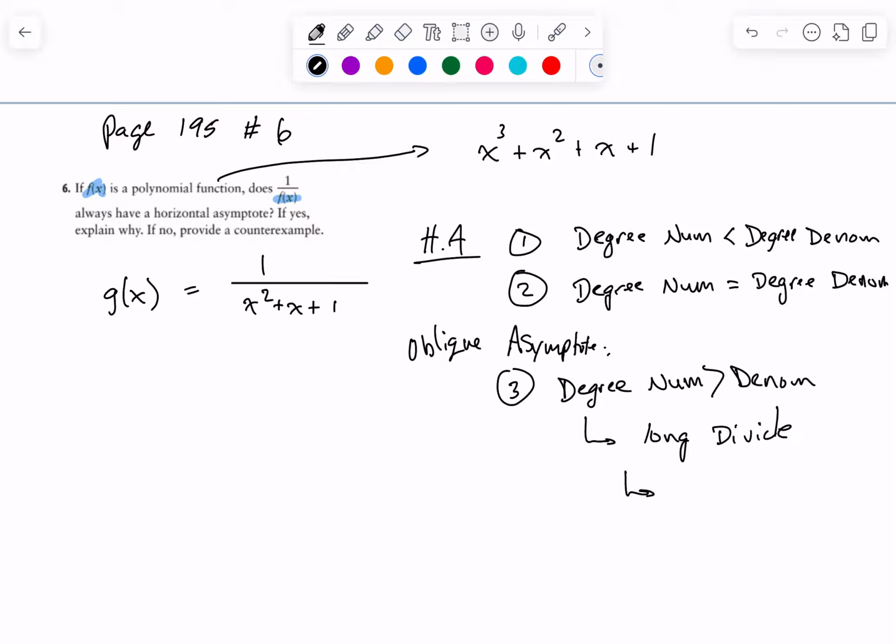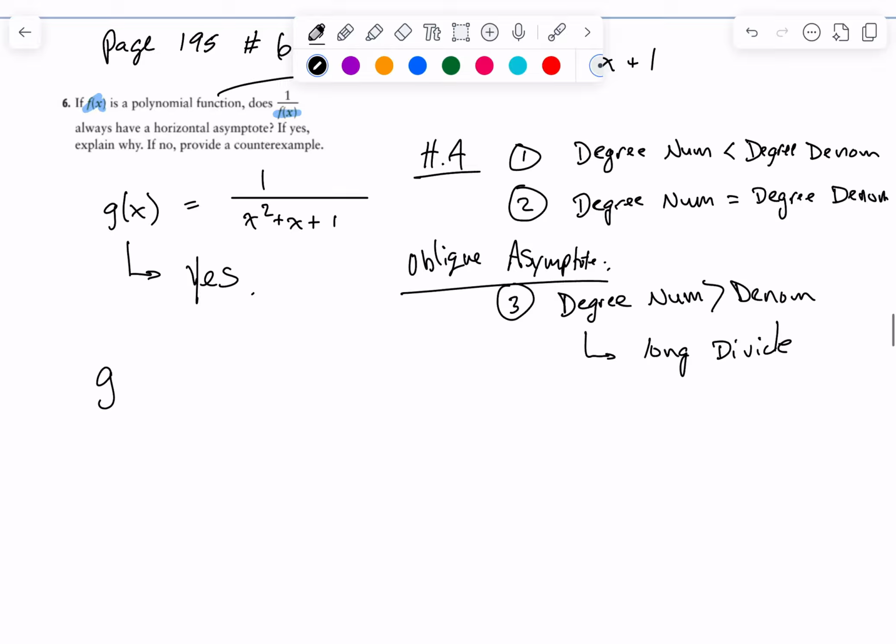So oblique asymptotes occurred in this third instance. And in the instance in number 6, what they're making reference to is, yes, there is going to be a horizontal asymptote in this particular instance because it's 1 over. So yes, here,